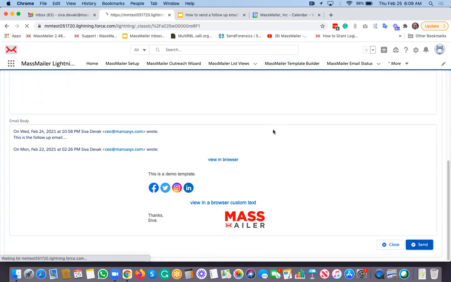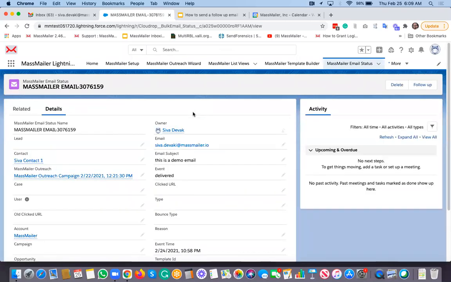Very simple, nothing complicated as such. If you are wondering how to send a reply or a follow-up email, this is the right way to do it. Salesforce may have other ways or other approaches, but with MassMailer, you would be able to do this as well. That way, everything gets logged within